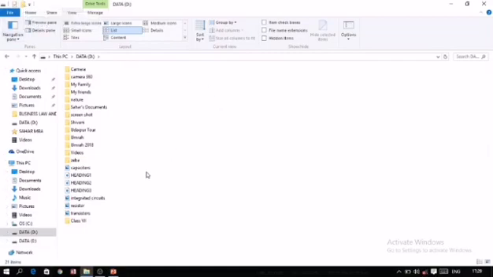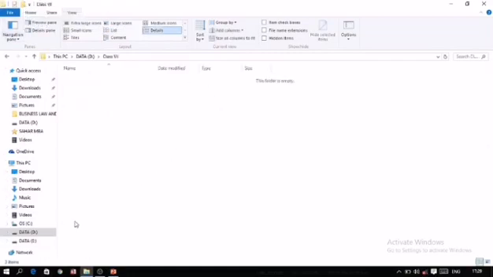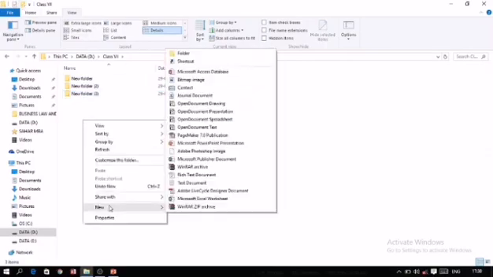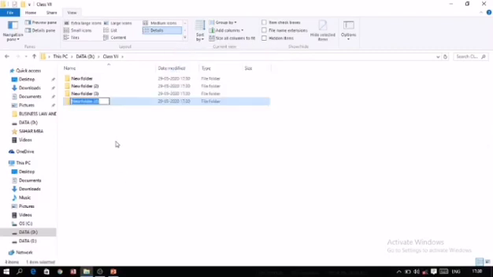Okay, after this the second method. Now for example, this class 7 folder is created and I have opened it right now. So this folder is empty. Now for example, I want to create 6 more folders in it, one for each section. So one method is 1, 2, 3, 3 folders I have created by using this method. Second, right click where you want to create a new folder, select the option New and then select the option Folder. Now I have 4 folders.